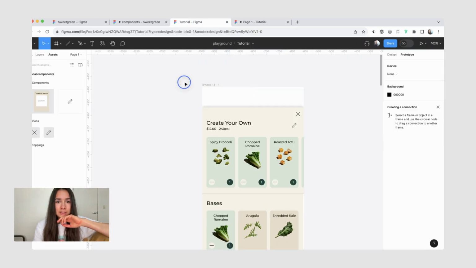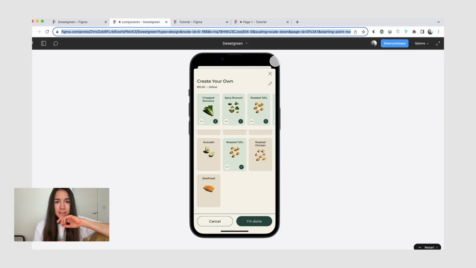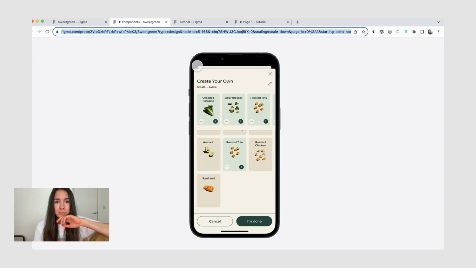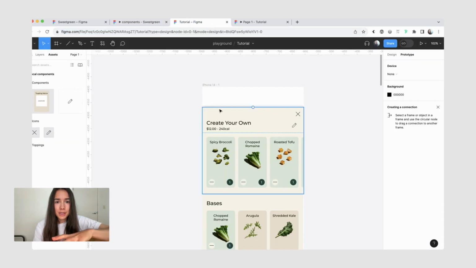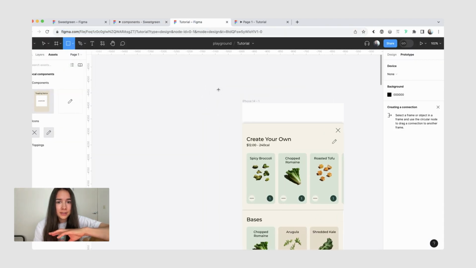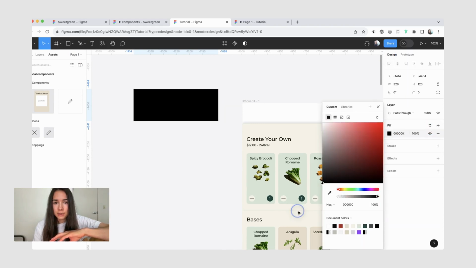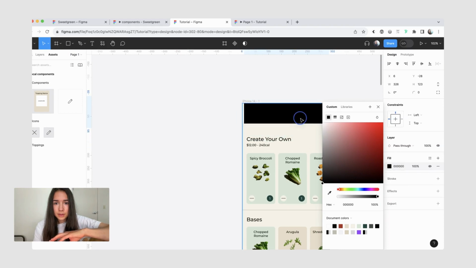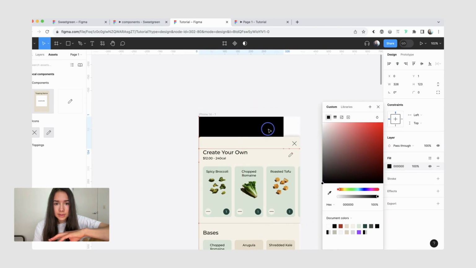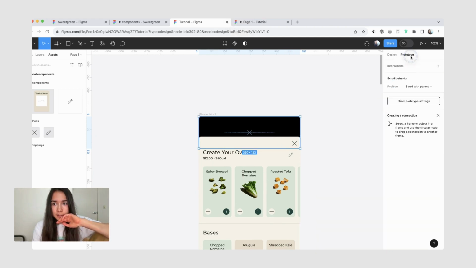What we can do is here, I have this card here in the background, and then it also looks like I have this black overall background. But what it actually is, it's just a rectangle. So I'm going to make a rectangle and we'll make it pure black. We'll put it inside our frame, align it to the left and to the top, and it should be 390. And so what we want to make sure is that it's also fixed so that it doesn't scroll.